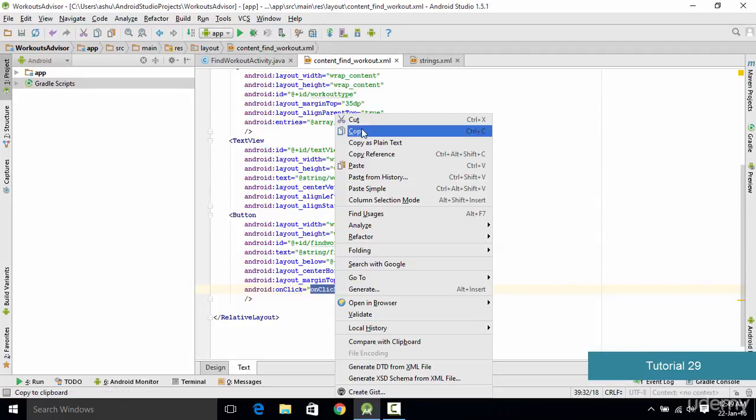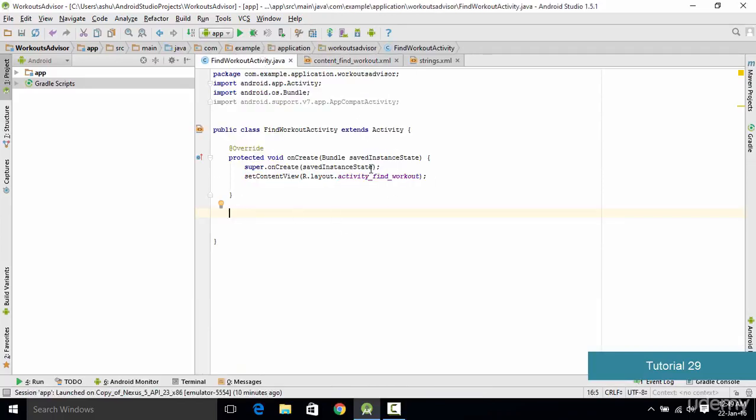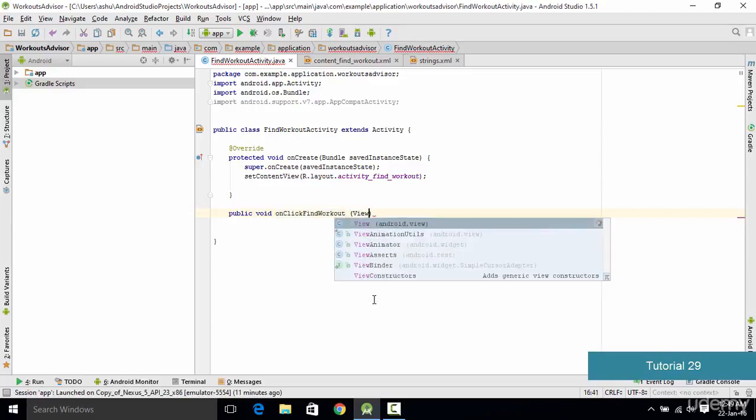So we simply copy it, go back to our Java file, and we type in public void. As this method is not going to return anything, we declare void, and then we type in the method name which is onClickFindWorkout, and we are going to specify a parameter as View. So we type View,